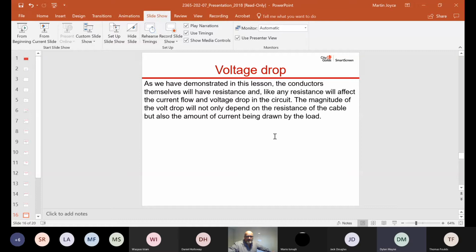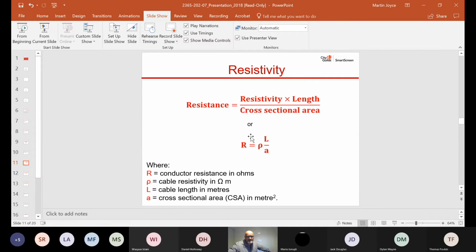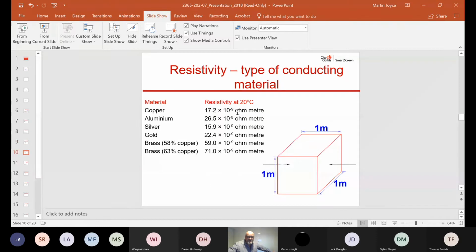I thought it was to the -6 from the cable size. The cable size is 10 to the -6, when you're talking about 1.5, 2.5, because it's cross-sectional area. But the resistivity, if I can go back to that table, it's a fixed constant. For copper, it's a fixed constant. It's a fixed constant for aluminium, silver, gold.